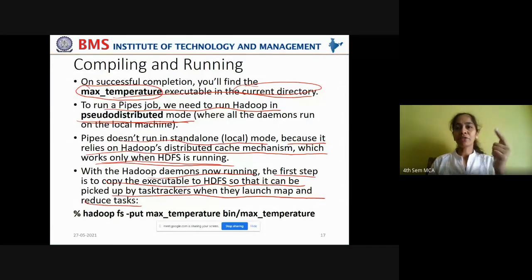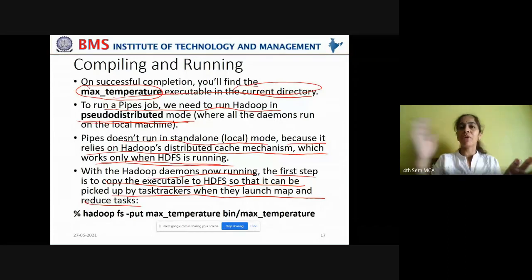Now, as you have transported your Java archive file, which has the entire job in it, onto data nodes, in this case, what you're doing, you're transporting the executable file, max temperatures executable file onto the HDFS cluster.